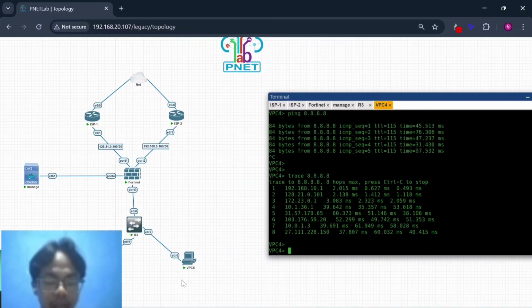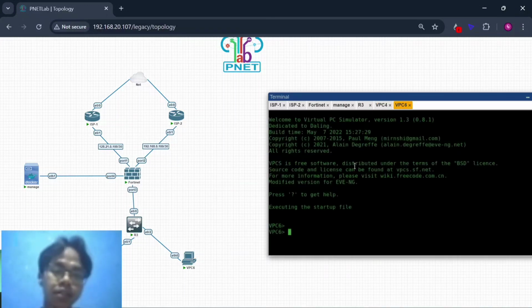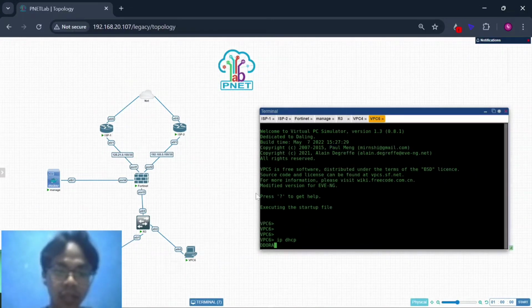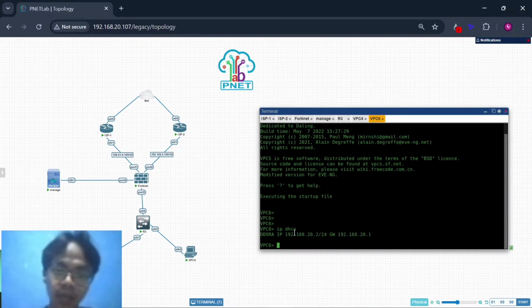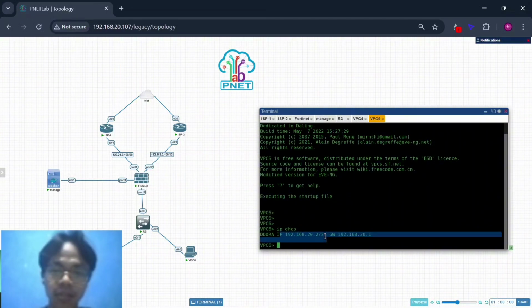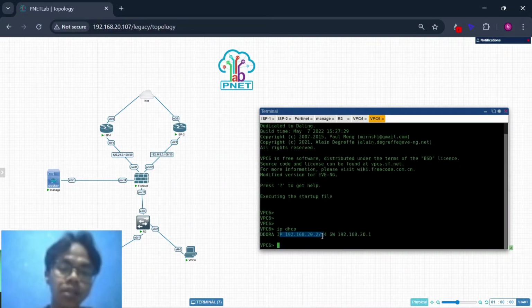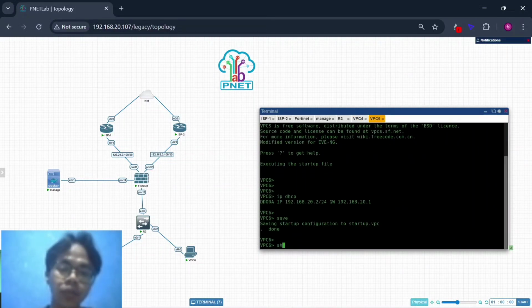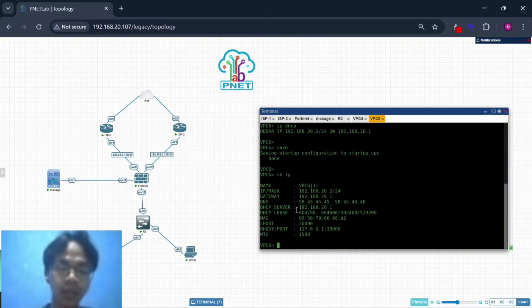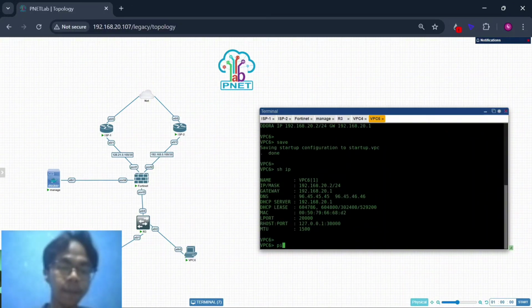Now VPC6, ip dhcp. Okay, DORA. The IP is not the same because this is 20.2 and for VPC4 the IP is 10.2. Save, show ip here, and ping 8.8.8.8.